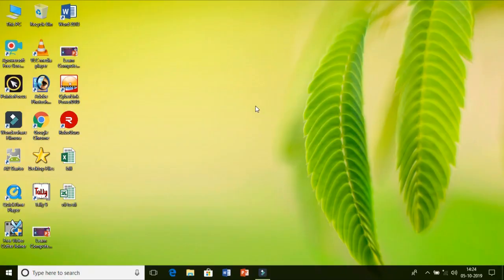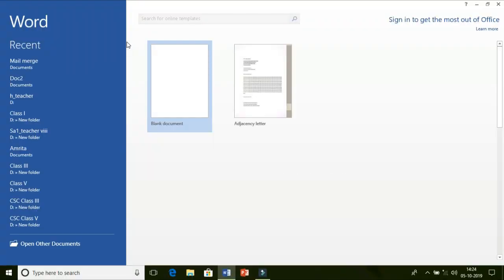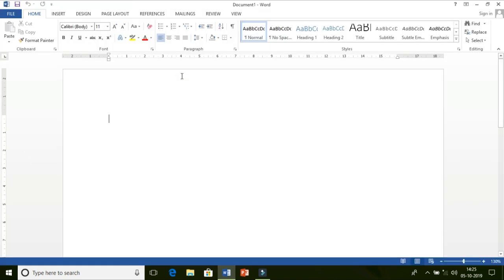Microsoft Word 2013 version. This word processor software we use for creating documents. So let us start with creating a new blank document. Just click on Blank document. So this is our new document. The first option that I am going to tell you is how to apply a page border. For this you have to go to the Design tab.